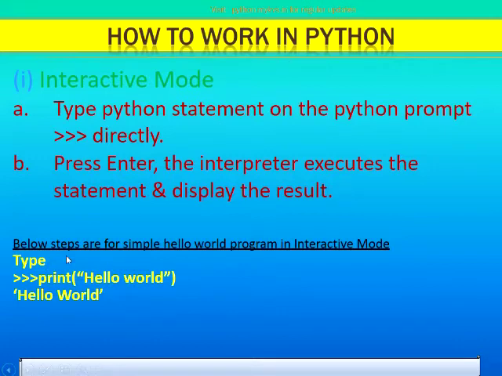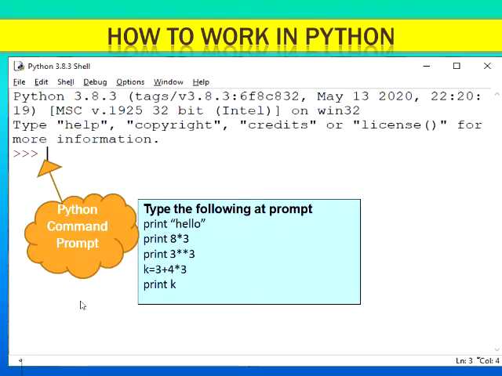So from here you can see we'll type print hello world, and then you'll see this line as the output as soon as we press the enter key. Now this is the interactive mode work area. When you open it, it will show you the Python 3.8.3 shell, on which you can write the code and then execute it.